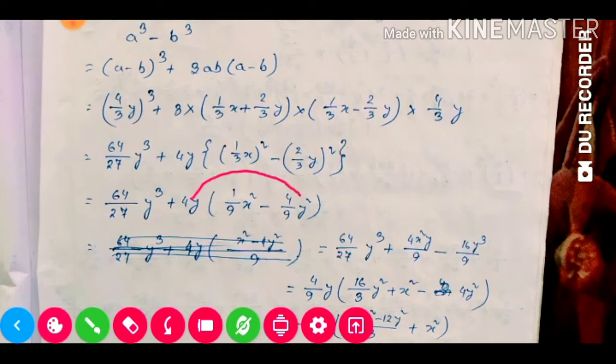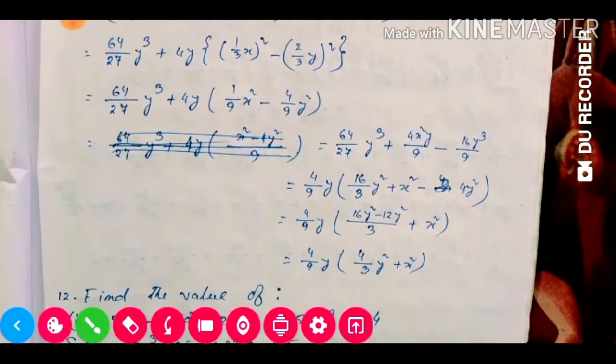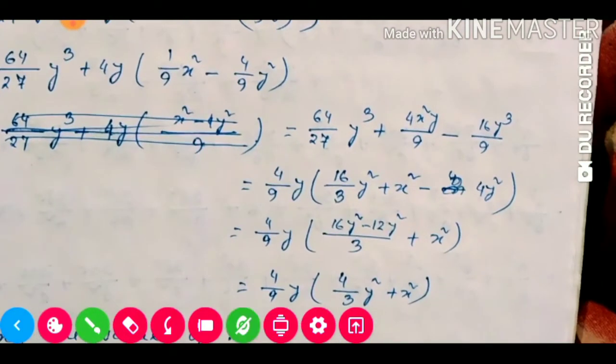Similarly with this we will multiply this one. So 4 into 4 will be 16 and y here 2 times, here 1 time, so it will be y cube, divided by 9 only. From these three numbers you will see what is the common. In the numerator, all these numbers 64, 4 and 16 are divisible by 4. So 4 we will take common. And down in the denominator, here 27, 9 it is. So 9 we are able to take common.